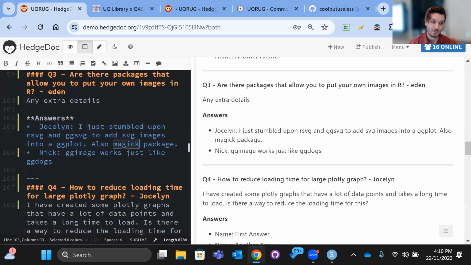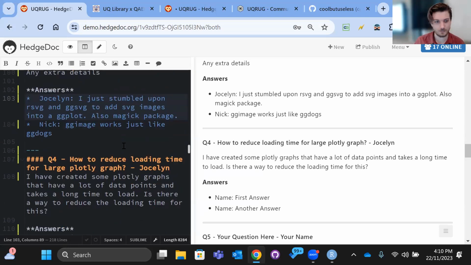Justin's also pointed out there's the magick package, which is a huge rabbit hole that you can go down, that has all sorts of stuff that you can modify with images with ggplot. There's a lot of things you can do with grids and grobs, which is a graphical object. I don't think that shortens well to grob, but anyway.